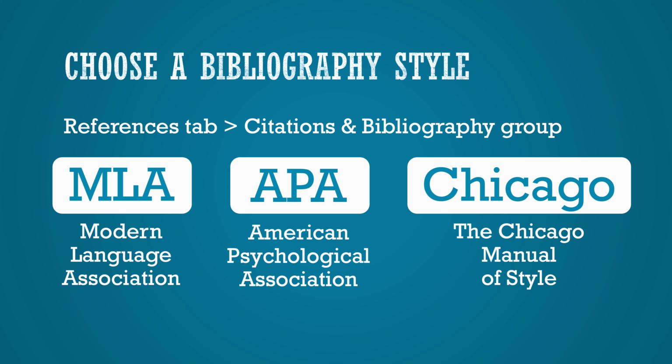I'm most familiar with writing essays in the MLA format, so that's what this video will assume you're using. But if you were asked to use APA or Chicago, you would choose that type of bibliography style here. And it does matter, because each of those styles format references slightly differently. Formatting citations is one of those fiddly details that, unless you do it for a living, you would have to look up how to do it each time for each different type of source to make sure you aren't doing it wrong. But if that's the case, why not just let the computer worry about it?